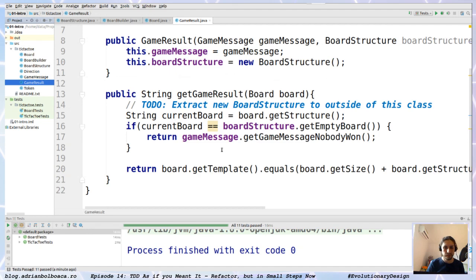And during this episode we'll try to do smaller steps because during the last episode we just had bad luck. No, scratch that, we were just taking two bigger steps and that's always a problem. Now we'll try to find a way to extract this board structure using smaller steps, and we probably need some preparatory refactorings in order to do that. And also we learned a thing that